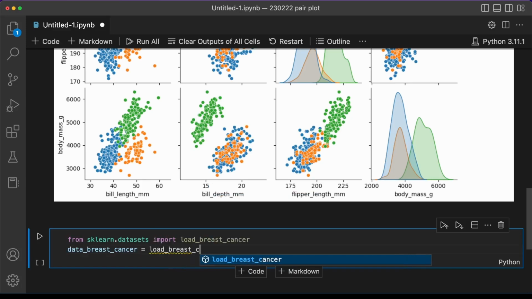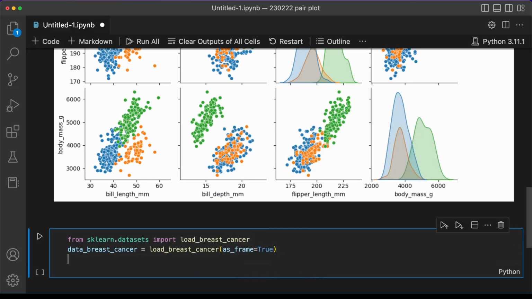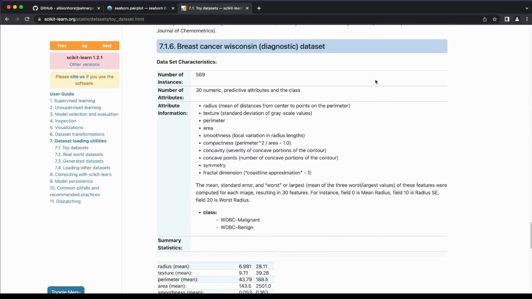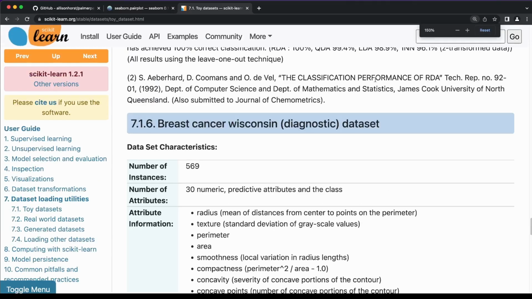But let's look at something a little bit more complicated. Now we'll take a breast cancer data set from sklearn. Let's load in the data as a data frame and print out the columns. There are a lot of columns here with many different features, so let's pull up the website to see what this all means. If we pull up the website that corresponds to this data set, we can see that there